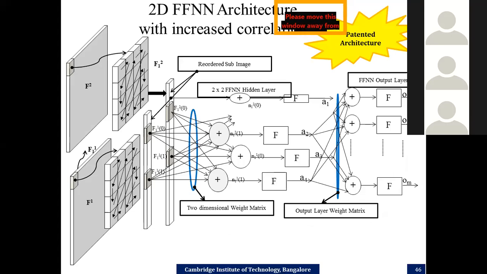So in order to further improve the correlation between multiple pixels, once you convert from 2D to 1D, instead of taking the first frame or first row and processing it using only one frame, we have cross-connected all the pixels in multiple frames. See, the first pixel in the first frame goes to the second neuron. The second pixel in the second frame comes to the first neuron. So we are again increasing correlation among these pixels, so that the network gets well trained, and there are fewer blocking artifacts in your image after it is decompressed. Okay, so this is another 2D architecture with increased correlation. This is again designed and implemented.